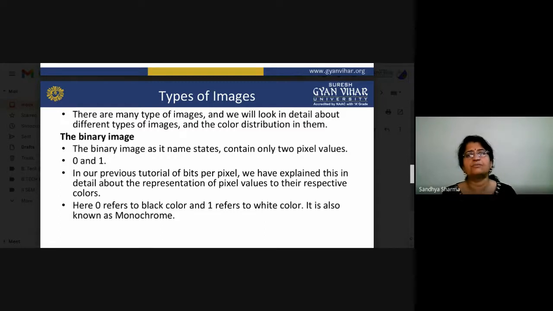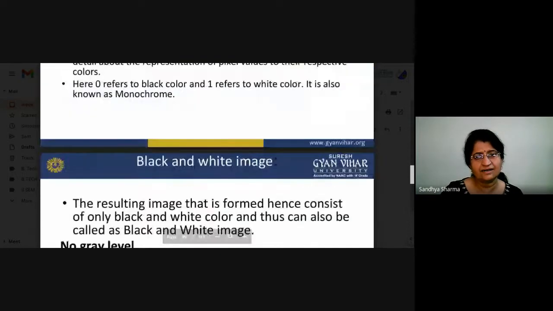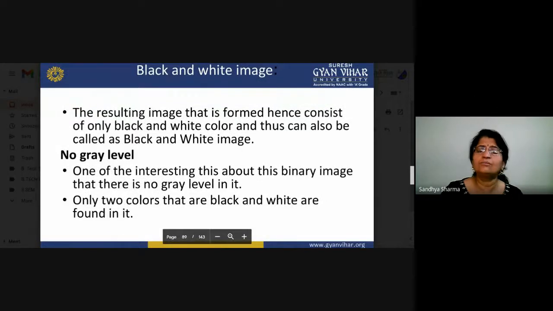If we are talking about monochrome, there are two types: chromatic and monochrome. Monochrome means black and white only. If you are talking about chromatic signals or a chromatic screen, that is based on a color screen. Now if you are talking about monochrome, it means a black and white image.